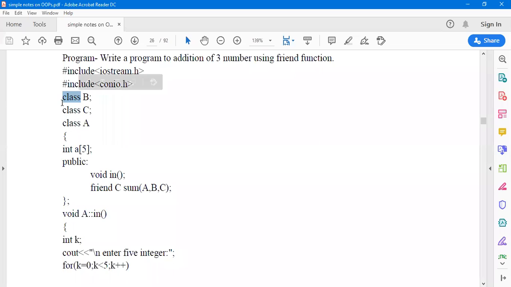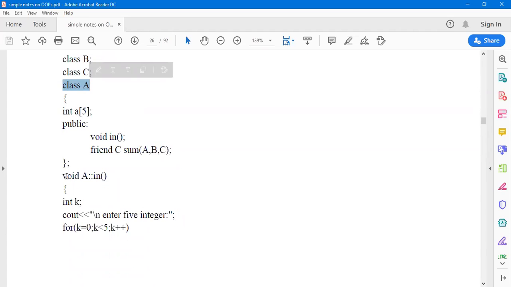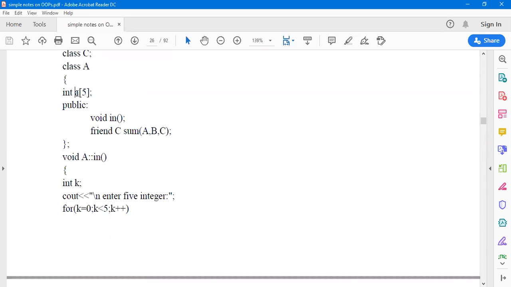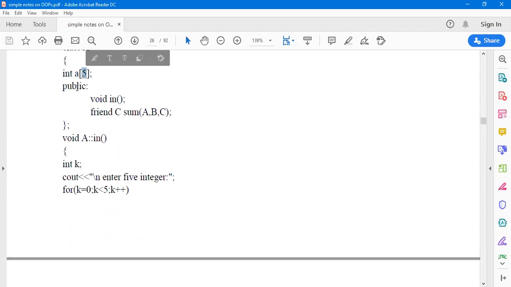We will see that. So here class B is declared, but it is still not defined. Class C is declared, but still it is not defined. Now we are declaring as well as defining the class A. So we have an array A of type integer having 5 data members. Then there is a data member function in which is returning void, takes no arguments, and is public.